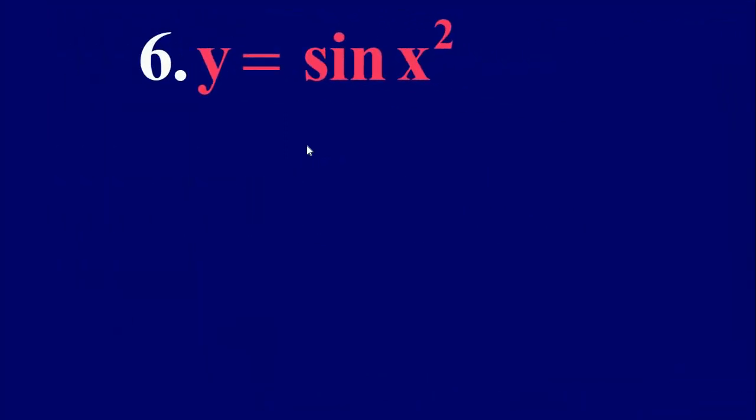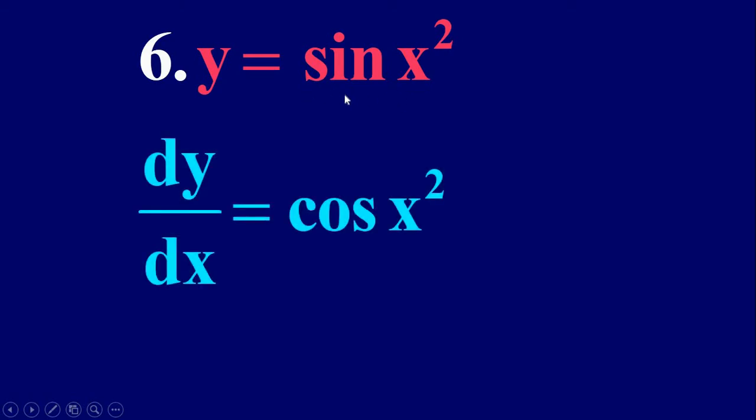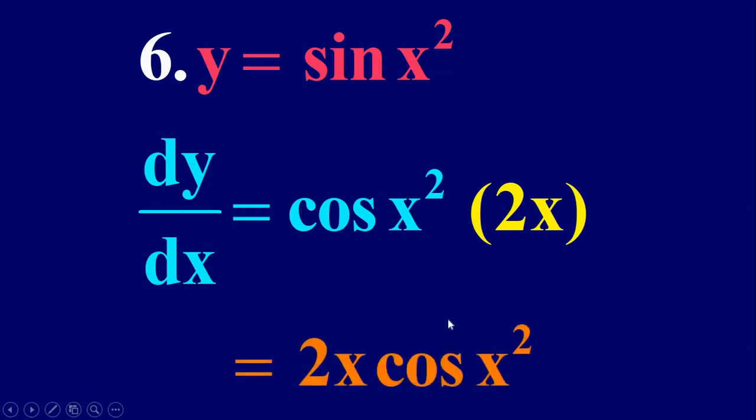So next problem, y equal to sine of x square. Now here the square is for only x. So therefore it is y equal to sine of x square. You have to consider this as sine x. So dy by dx: sine x differentiation is cos, but in place of x you have to write x square. Again you have to differentiate x square. x square differentiation is 2x. So therefore it is cos x square, but it is not x. In place of x we have x square, and x square differentiation is 2x. So therefore it is 2x into cos x square.